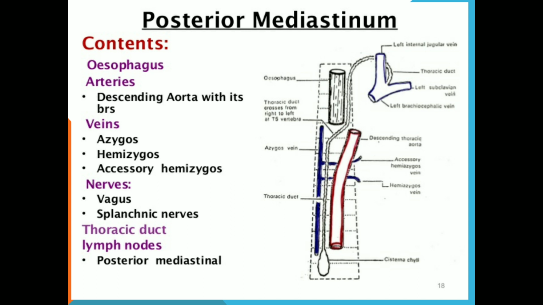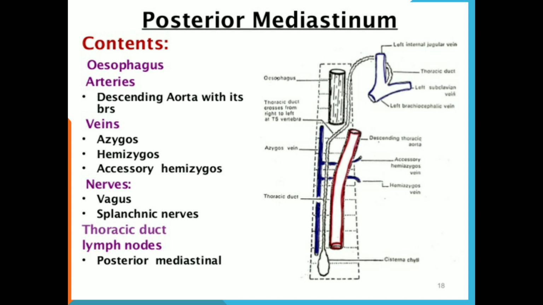Then learn each region. What is the boundary of the superior mediastinum? Learn the boundary, and remember its contents: all the vessels like the arch of aorta and superior vena cava. If the arch of aorta is there, learn the branches of the arch of aorta present there. Then the windpipe and food pipe, that is the trachea and esophagus. Then we came to the below.